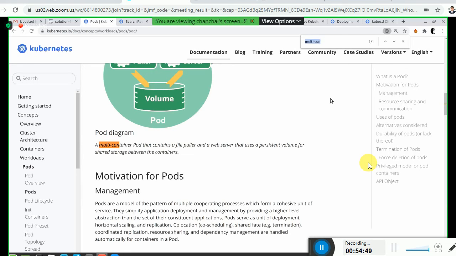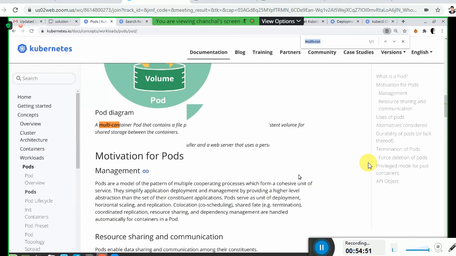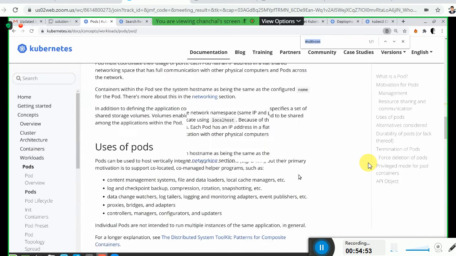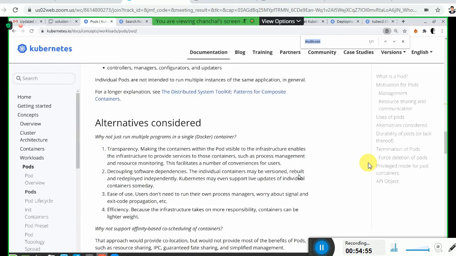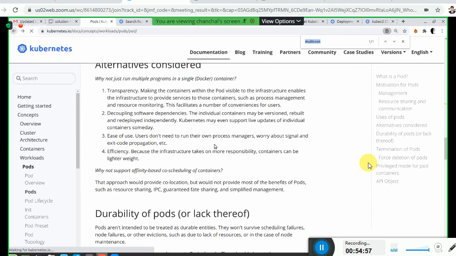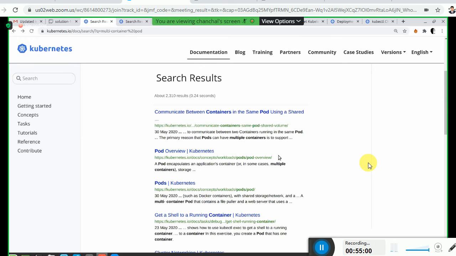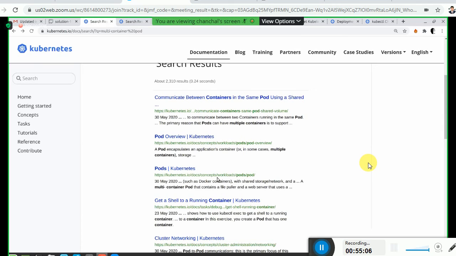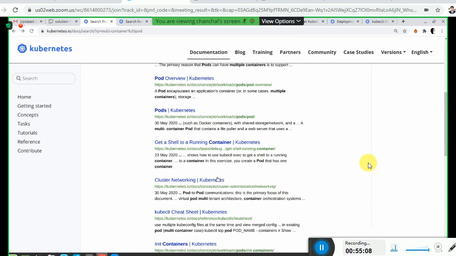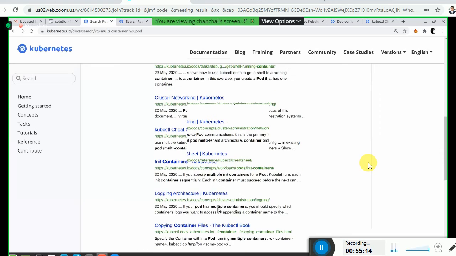No, this one is not giving me anything because it is just giving the theoretical part, and how to create a multi-container pod or an example of a multi-container pod is not here. Okay, pods can have multiple containers. Get a shell running in an existing pod, multi-containers, init containers, logging architecture.